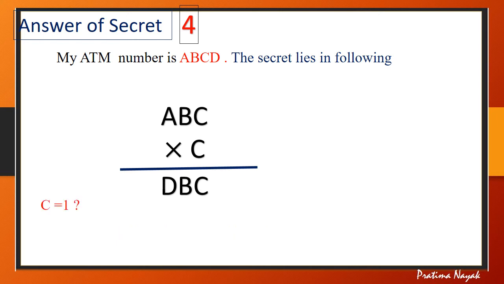Now first, it will be 1. Anybody can think that 1 times 1 is 1. Okay, but 1 is not the answer. Can you get why? Because when I multiply a 3-digit number by 1, I get the same number, but here it is DBC. So ABC multiplied by 1 should be ABC, but it is DBC. So 1 is not possible. Think of something else. Then it will be 5. 5 times 5 is 25, ending in 5. This is the reason C cannot be 1.